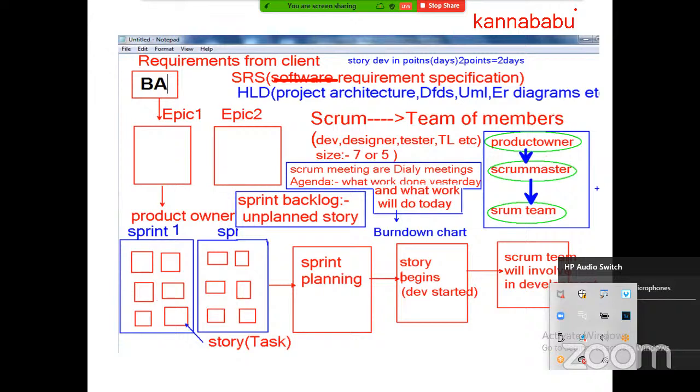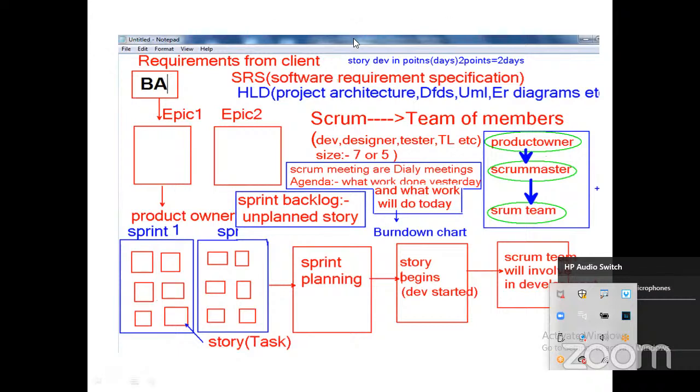Once the sprint is ready, sprint planning will be done. Sprint planning means the project manager, product owner, the key people, the important members of that particular project will be involved, and they will try to decide how to develop this sprint. Maximum, this sprint will be for 1 week or 2 weeks. So sprint is nothing but a collection of stories. Is it clear? In sprint planning, they will try to decide